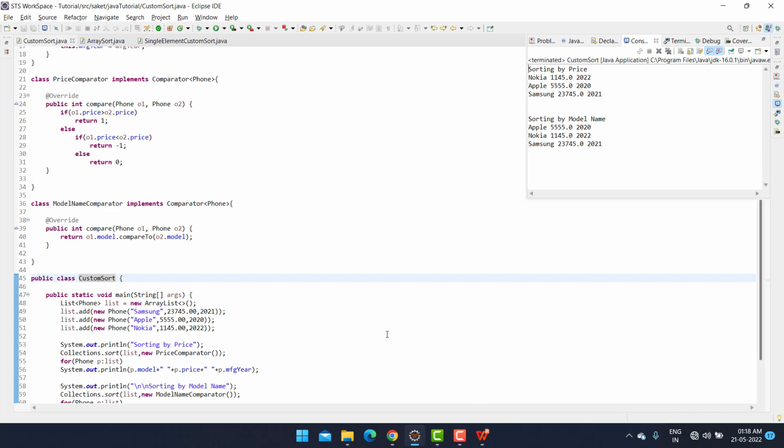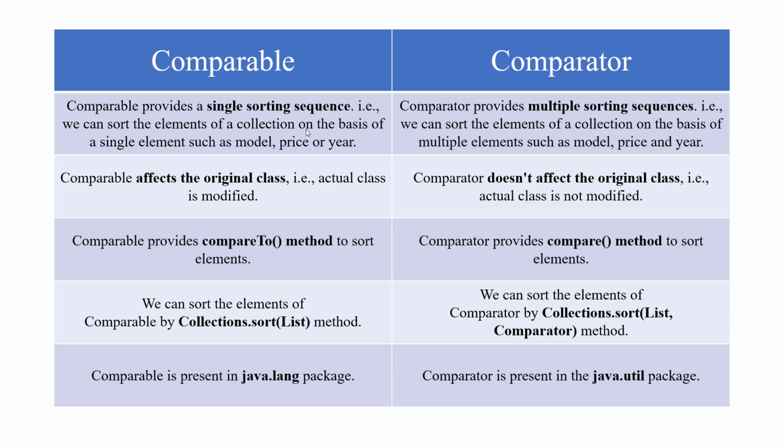Now we'll talk about the difference between the Comparable and Comparator interfaces. The Comparable interface provides a single sorting sequence and the Comparator interface provides multiple sorting sequences. The Comparable interface affects the original class, that is, the actual class is modified, but in the Comparator interface the actual class remains intact. The Comparable interface has only one method called compareTo, and the Comparator interface has a method called compare to sort the